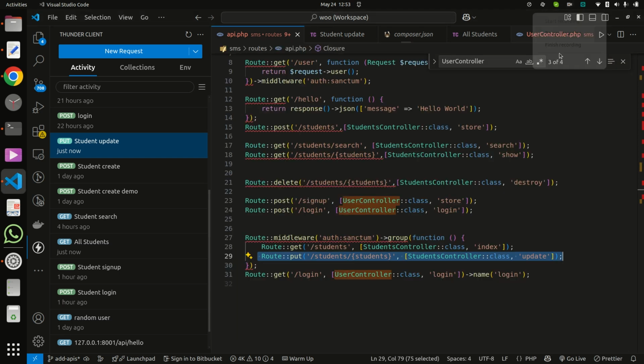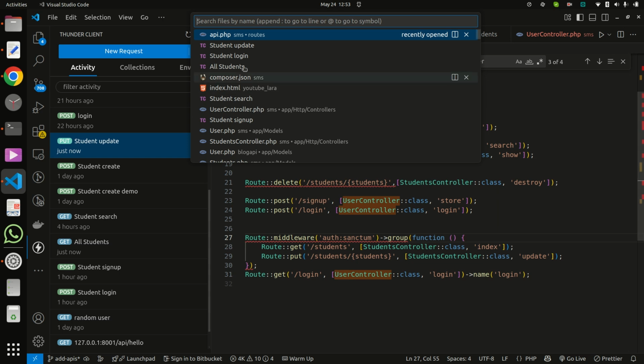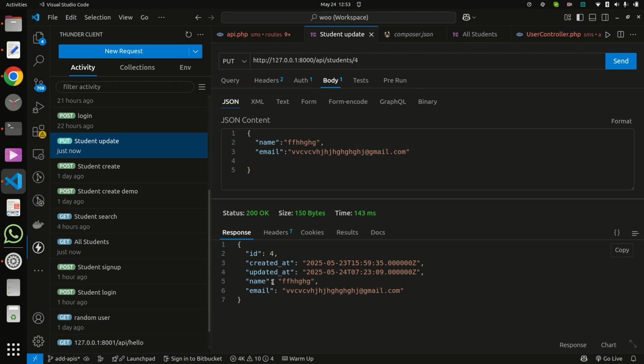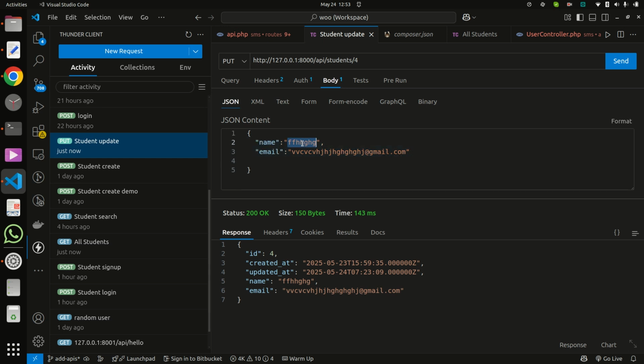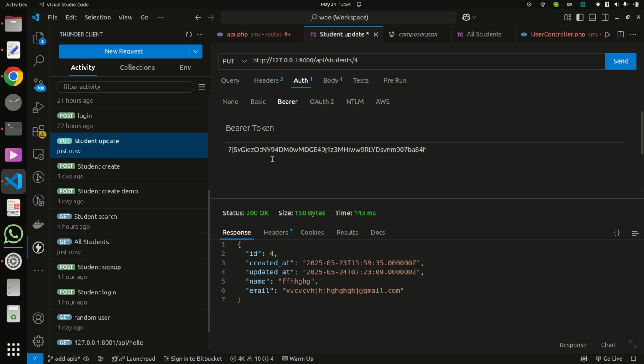Okay, wait a minute. Okay, now the code for update is ready. Now checking for update. Now updating the name RAM, and there is no email ID for update. And we are also using auth here.